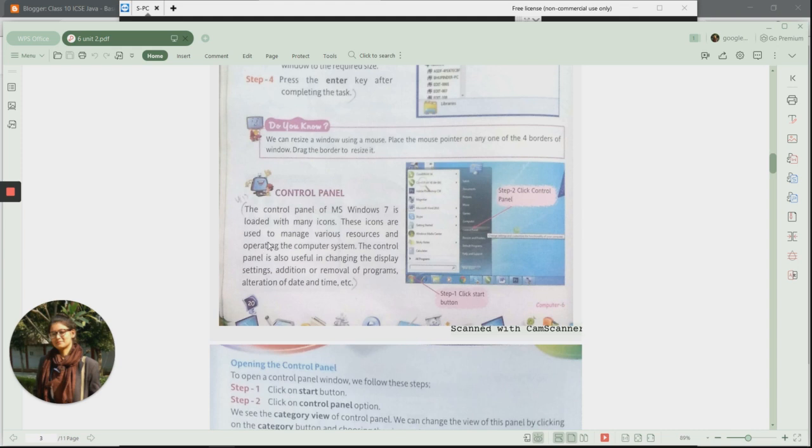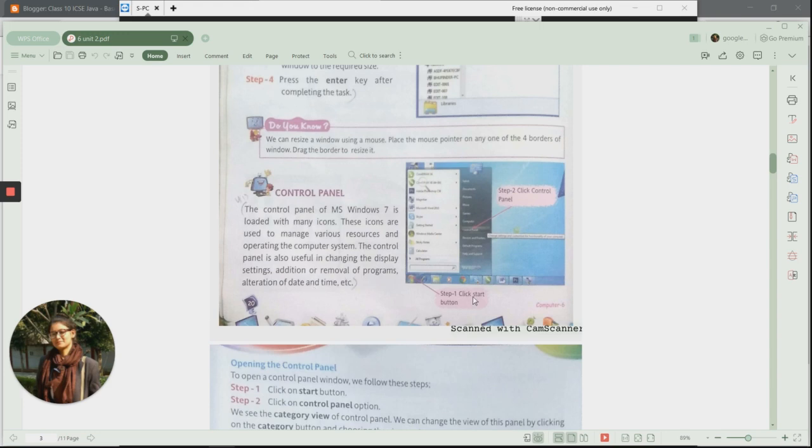These icons are used to manage various things in the computer system, to modify the resources and operation of the computer system. The control panel is also useful in changing the display, addition or removal of programs, alteration of date, time, etc. So these things are handled by your control panel. This is basically a place where you can change all these things.